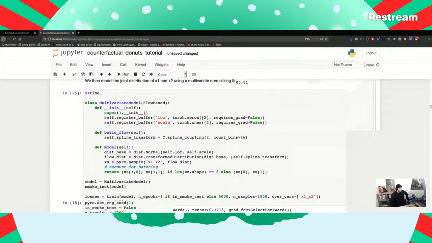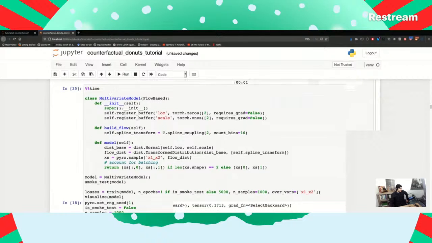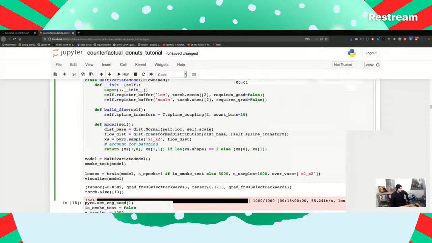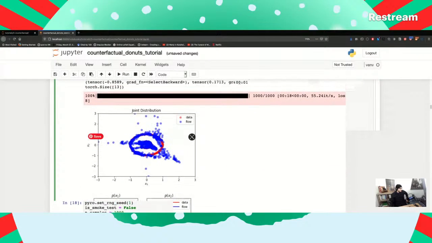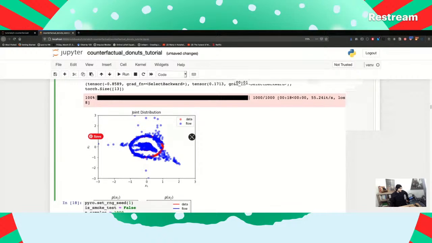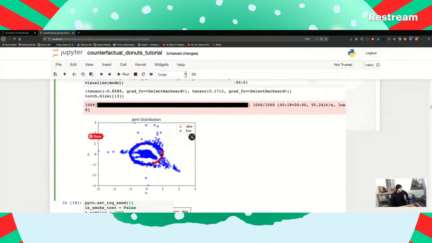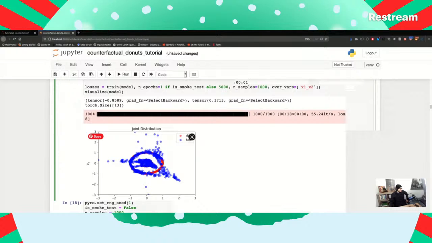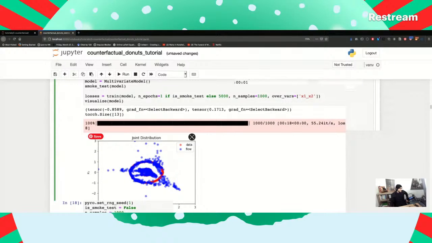So now, all right, we just have 2 dimensions. We're still doing a spline, a coupled spline here. And then it looks like we're doing basically the same setup. So this is just proof of concept. Oh, look at it, we see some pictures. It looks like the data is a perfect circle, and the flow here, 2 concentric circles. So this is why it's called donuts. And the flow seems to be generating at least close. Probably if you ran it for a few more epochs, it would get better.